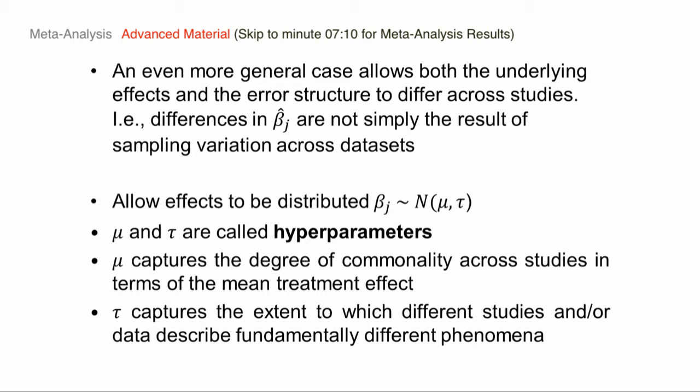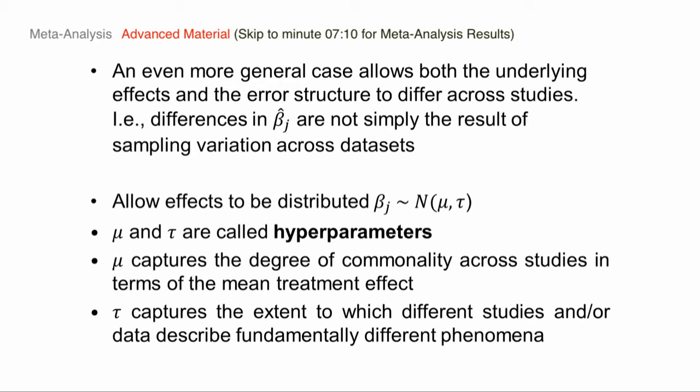If betas are the same, then as all of our three studies grow in size, and we get more and more data, we should be getting closer and closer to the true beta. All of our estimates should be converging as well. So the fact that there are literatures where we have really precise estimates of effects that differ from each other suggests it isn't just sampling variation.